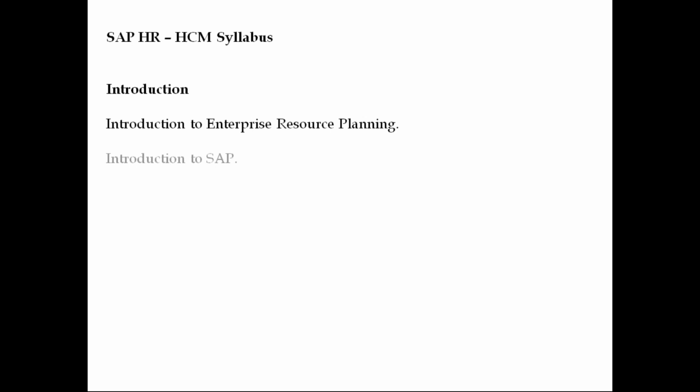So as a part of this course, SAP HR HCM, we're going to discuss the introduction, then introduction to enterprise resource planning, that is ERP software, and then introduction to SAP, and introduction to SAP HCM, as well as the submodules. And then the first submodule that we are going to discuss as a part of this course is organization management,